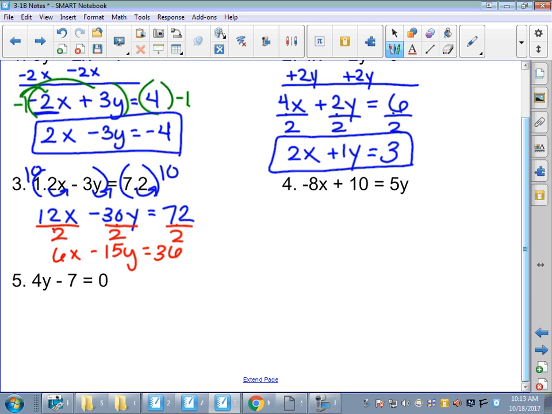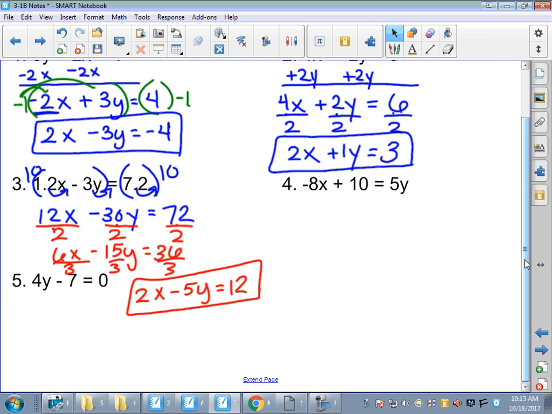And actually, I didn't divide by enough. So actually, I need to divide that again. If I divide this by 3, I'll get 2x minus 5y is equal to 12. So I just showed you how you can fix your mistake. I looked at 12, 30, and 72. I thought 2 was the only number that could go into them. It wasn't. Actually, I should have taken a 6 out from the very beginning, but I just took the extra 3 out later on. Okay, so no harm, no foul, just a little bit extra work because I didn't divide